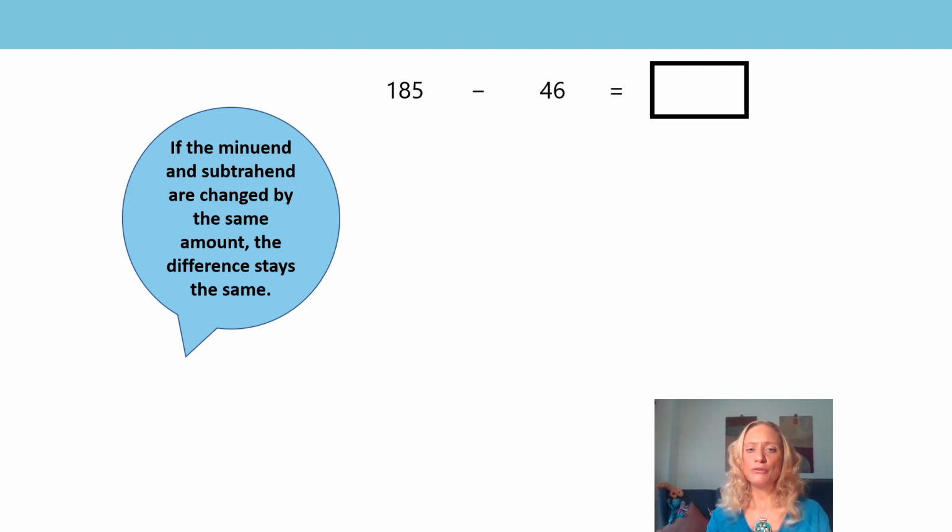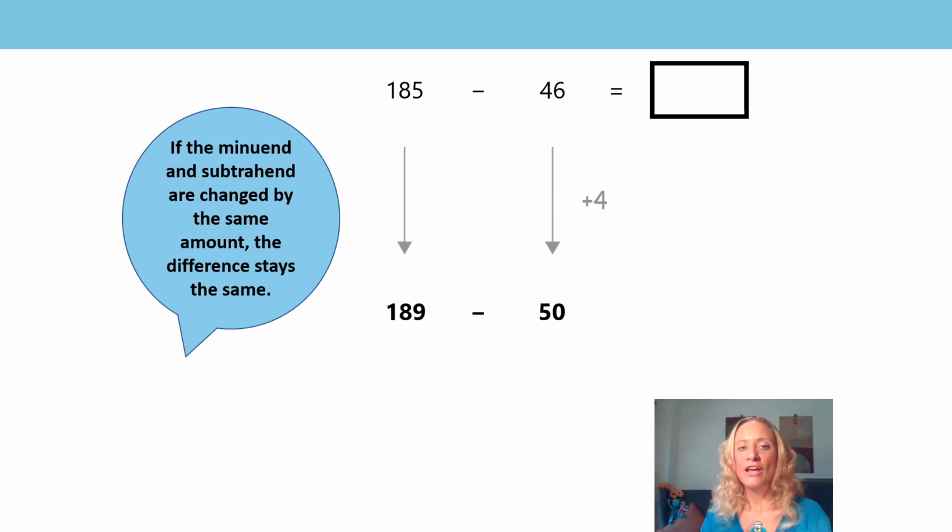It's not very helpful as a mental strategy. So instead of subtracting 6, I could add 4, well done. I could add 4 and make my subtrahend 50. Fantastic. So if I'm going to add 4 to my subtrahend, then I also need to add 4 to my minuend, Miss Heaton. Excellent. And if I add 4 to my minuend, I get